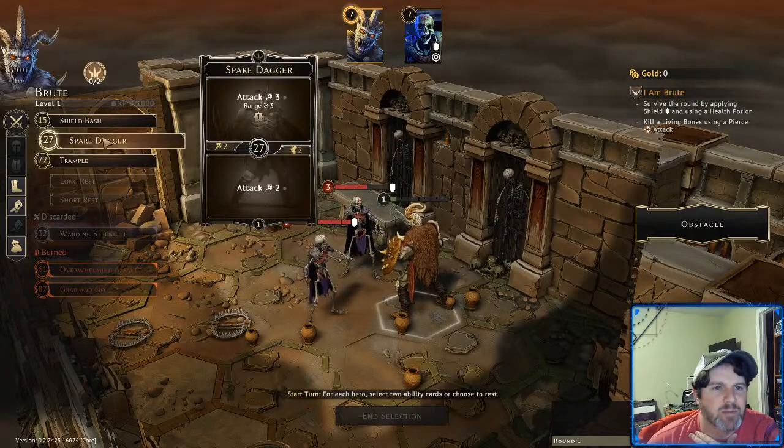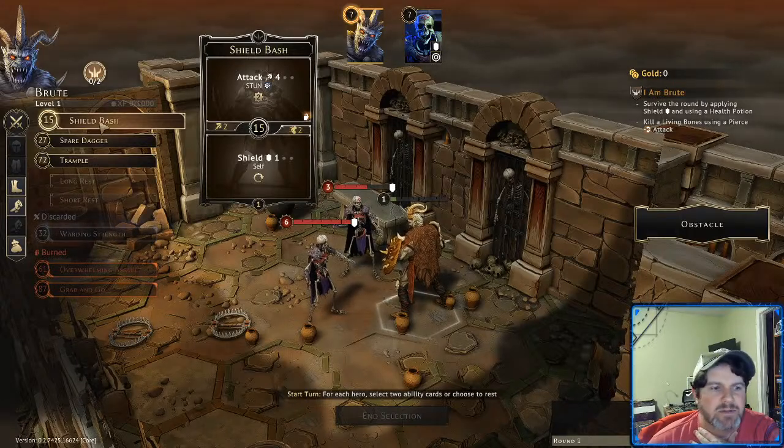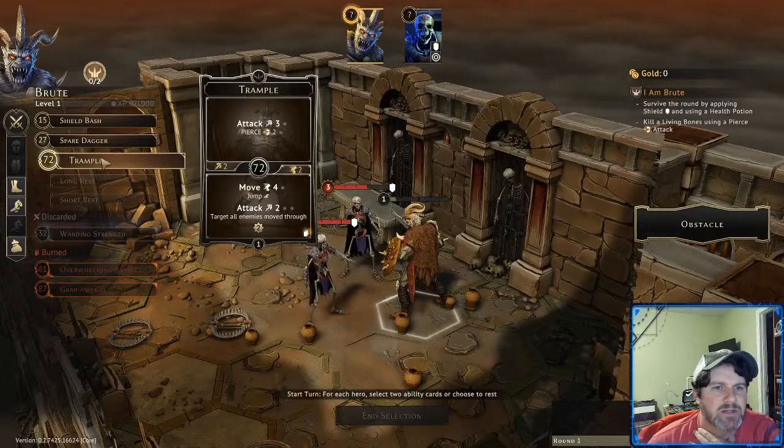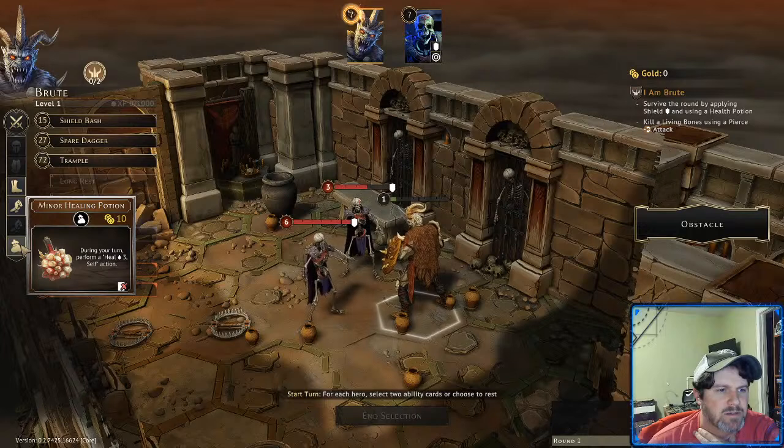Alright, so attack 3 with Pierce, I have to use Pierce, and I have to use Shield. So, looks like we're going to be using Shield Bash and Trample. Also, I should be able to go over here and use...